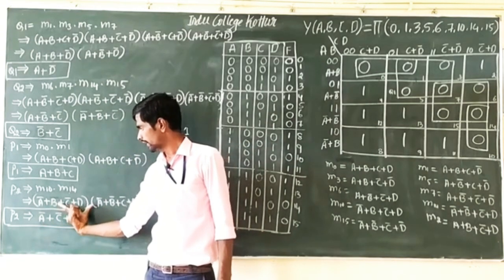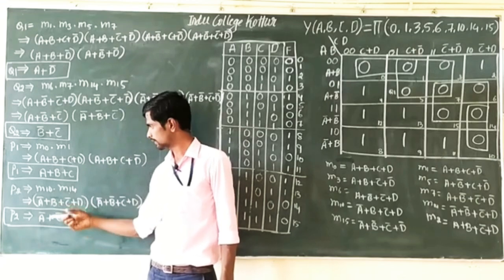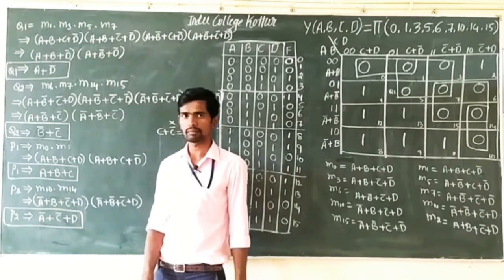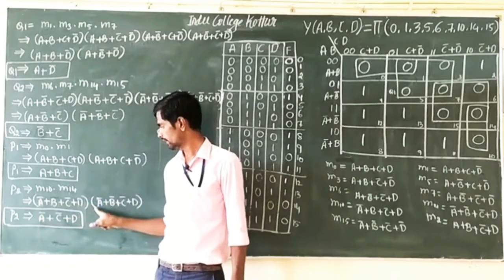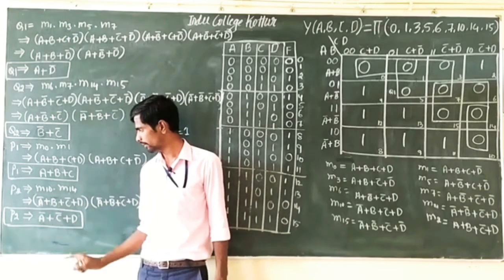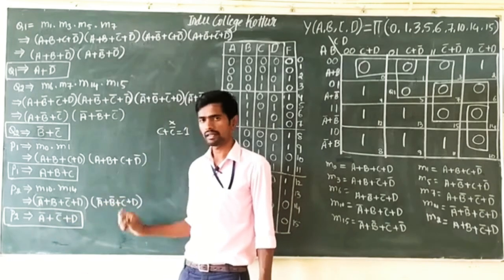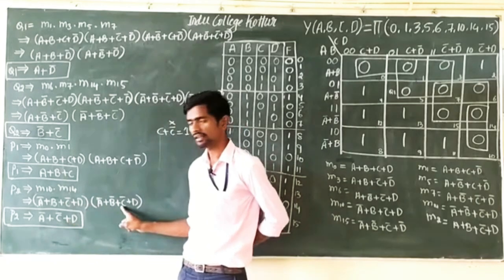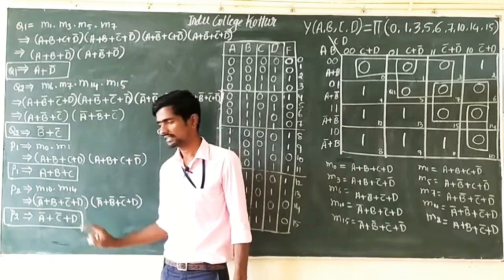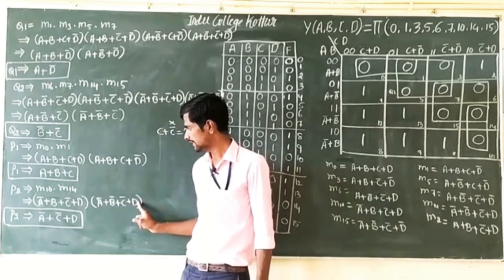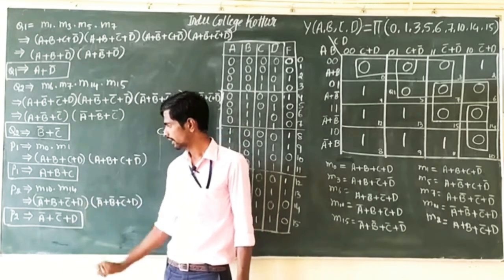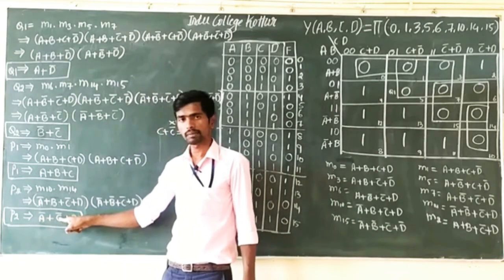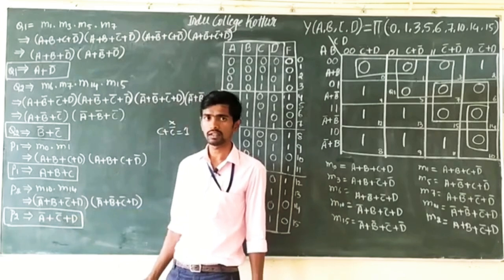Last step, we can reduce these two expressions, we can take only the same possible values. Here is A complement, here is A complement, we can write A complement here. Next B, here is B complement, it means we can remove it. Next here is C complement, here is C complement, we can write C complement here. Plus here is D, here is D, we can write D. Finally pair 2 values are A complement plus C complement plus D.